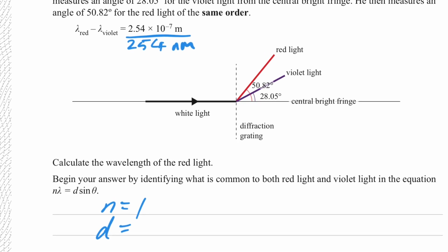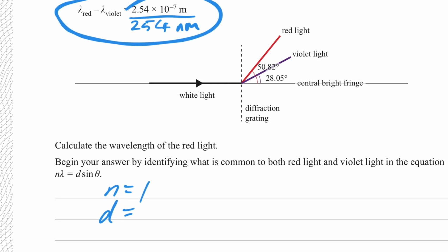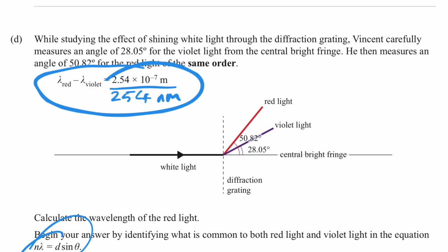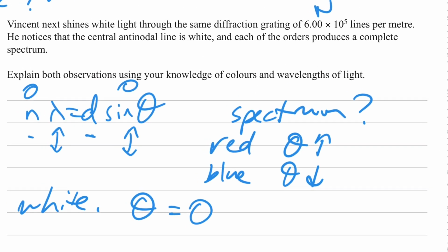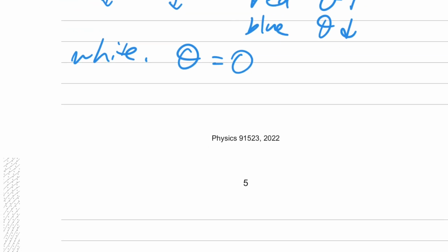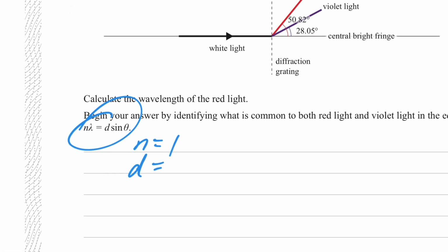what we do know is from this little bit here that the wavelength of red minus the wavelength of violet is equal to that. So you can rearrange this equation, n lambda equals d sine theta, through the diffraction ratio, so we might know d from up here. You don't really need it. There you go, 6.00 times 10 to the 5. That was n though anyway, so n equals 1 over d, d equals